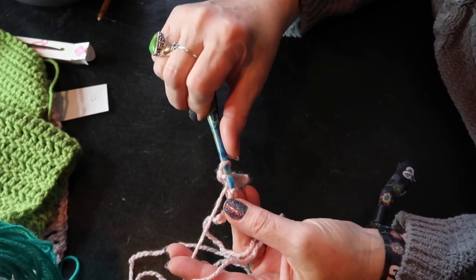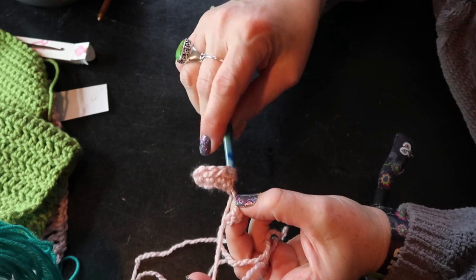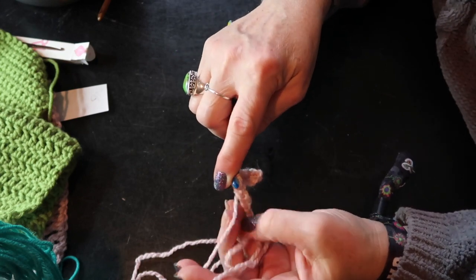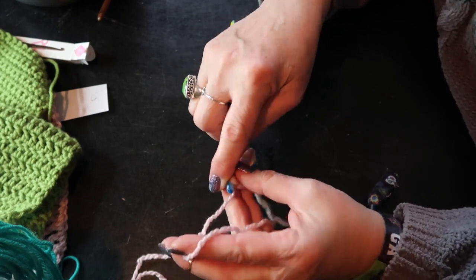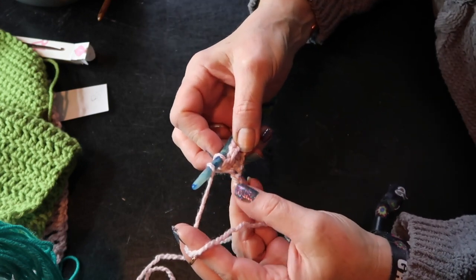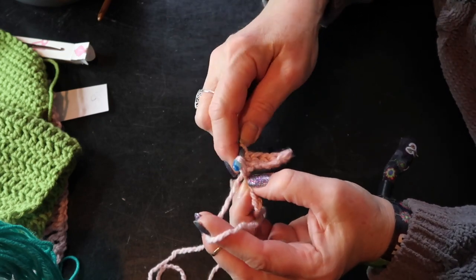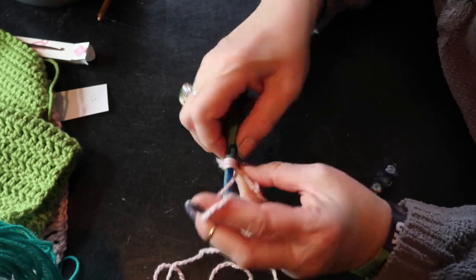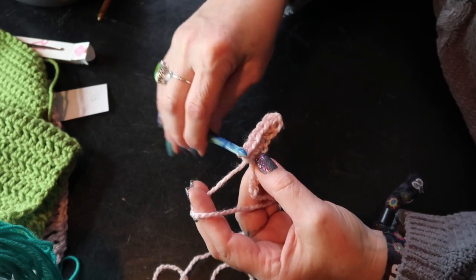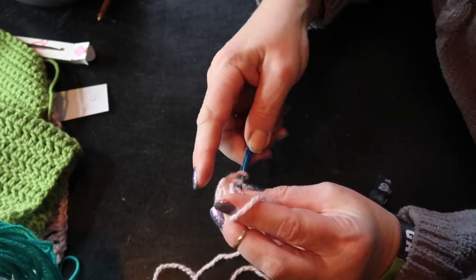Yarn over, go into your next chain. You got this, right? This is the easy one. This stitch does fly for me. Grab your yarn, pull through 3, yarn over, go into your next chain, grab your yarn, 3 loops on your hook, grab your yarn, pull through all 3, yarn over, go into your next chain,